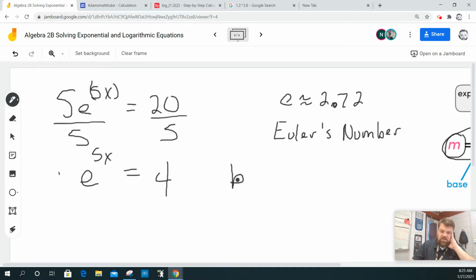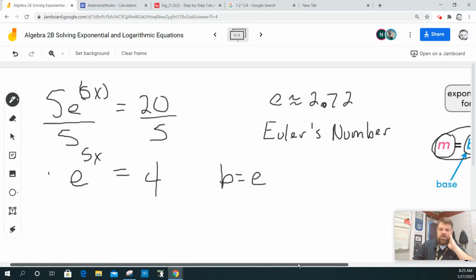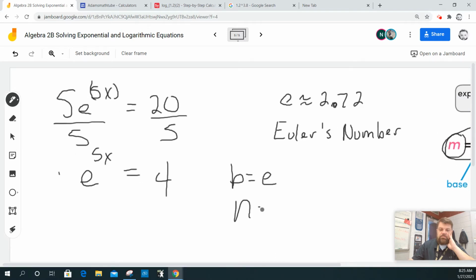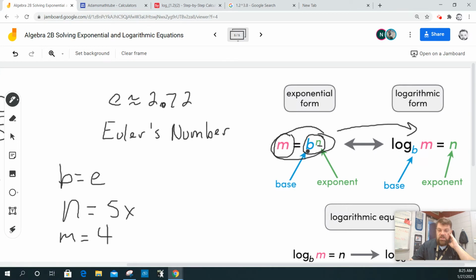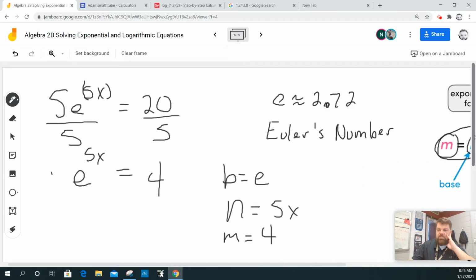So in this particular case, my base is Euler's number e. My exponent, which is n, is 5x. And then my m term is 4. So I'm using this notation here: b raised to the n equals m. So then I'm going to do the log base b of m equals n. Okay, so in other words, I'm going to say